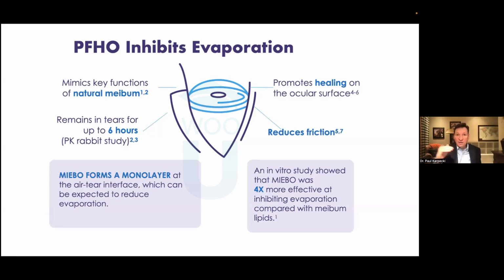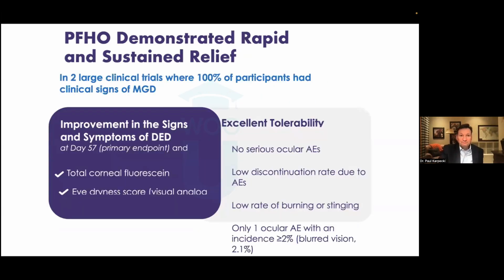The study involved comparing healthy human meibum on top of saline to healthy human meibum with perfluorohexyloctane versus just perfluorohexyloctane over top of the saline as well. There were 4 columns, control in those 3. And it was 4 times better than healthy human meibum at preventing evaporation. It's the only drug other than, for dry eye, obviously, for Demodex blepharitis, we had a drug that did this exact same thing, hit its primary endpoints in 2 studies.